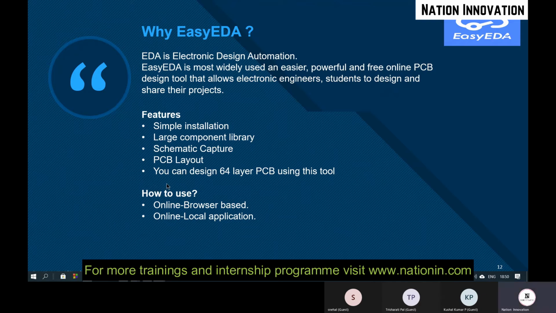If you want to design more layers, you need to go for the premium version. How to use it: it is online, browser based. You can design online only. No need to download the software. If you are going to use it frequently, you just need to download it on your laptop.